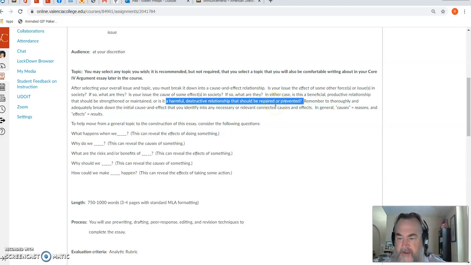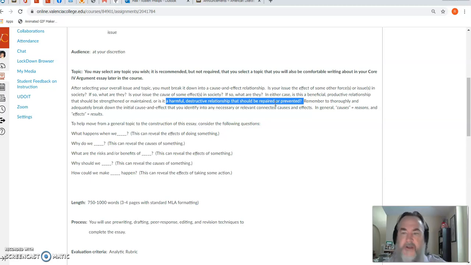And that's basically asking, do we want this to happen? Do we want this to cause that? Or do we not want this to cause that? And you can just think about topics on both sides. You could think about the effects of going to college. Well, generally, I think we mostly agree that those are positive effects. Okay, so what are the effects of going to college? Is it income possibilities? Is it career choices? Is it economic stability? Some sort of whole body, emotional type health. Okay, well, those are the effects of college.